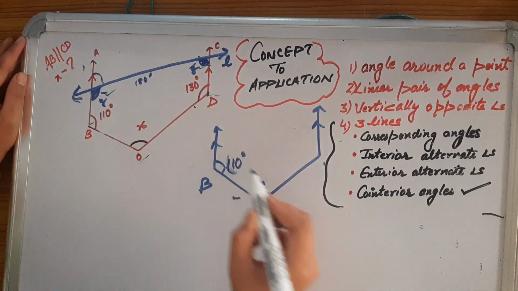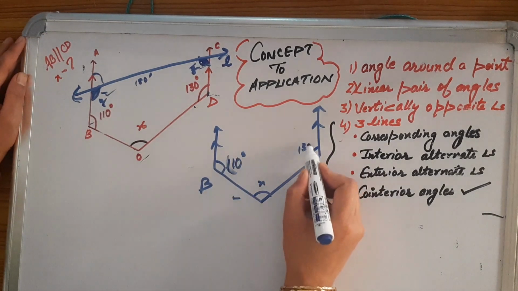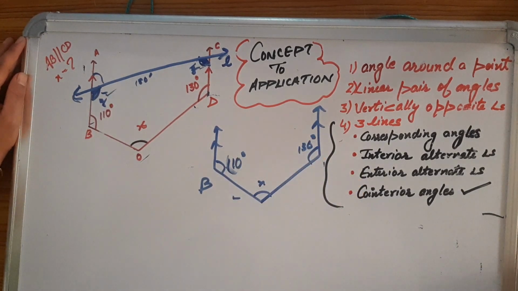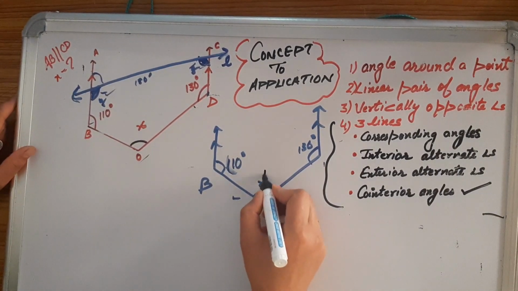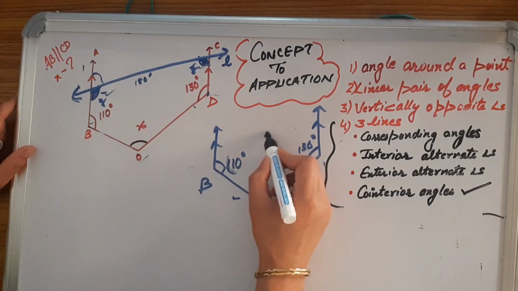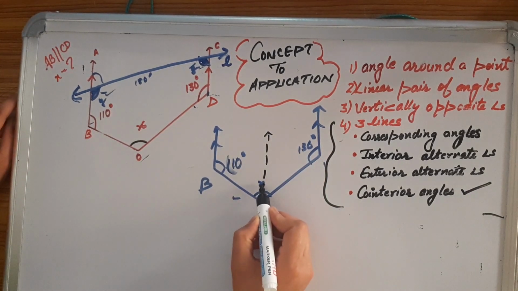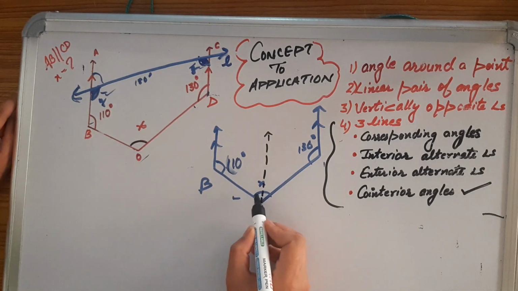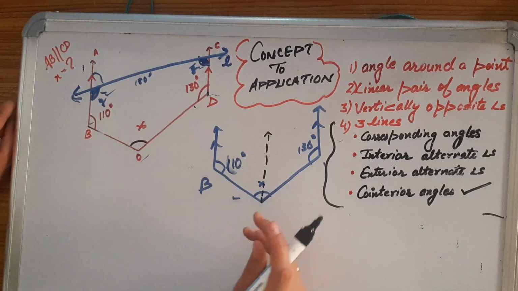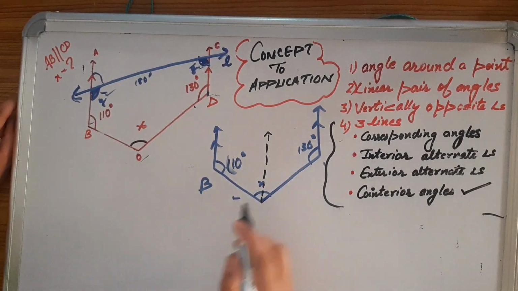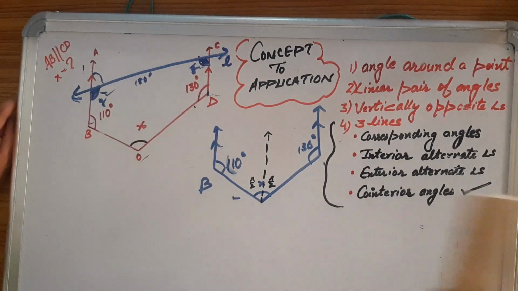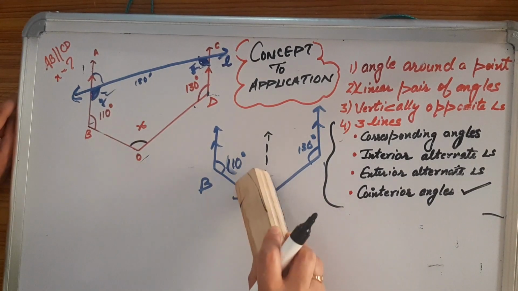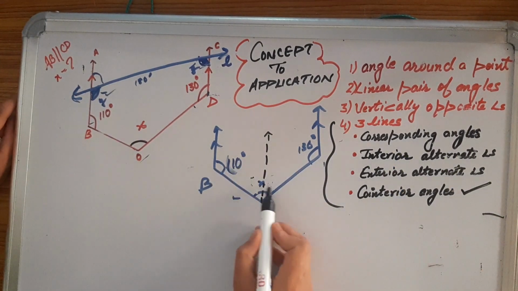This is 110 degrees and this is 130 degrees. So what can we do? We can do this construction also. Okay, we did this construction. Now this x got divided into two parts, not equal. We don't have any logic to say it has been divided into two equal parts. So please don't label them as x by 2 and x by 2, that would be wrong. Whatever goes in your mind, please double check that. So it got split into two parts.